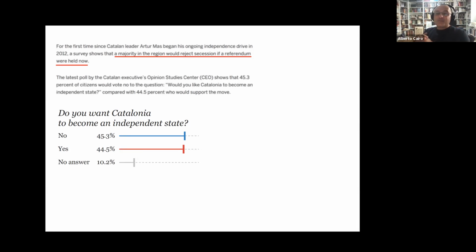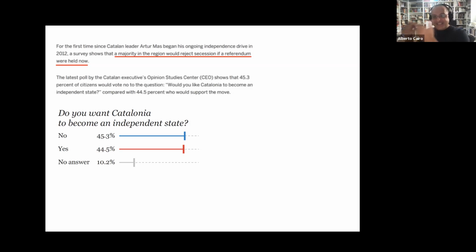It's 45.3% of the people in Catalonia who rejected independence in this survey. 44.5% on the other hand were in favor of independence. But then you also have 10% of people who didn't express their opinion. That adds uncertainty. The other problem is also that when you read the story, and I did,